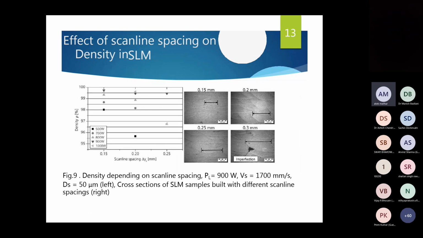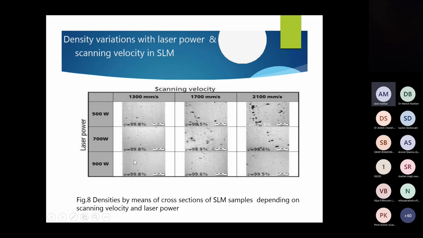This graph is giving the detail of the spacing of the scanning line and density. So spacing here may be 0.15 mm, 0.2 mm, 0.25 mm, and density depends on scanning spacing. This is for 900 watt power source, which is the best one. If you see the last one, 900 watt gives the best result.